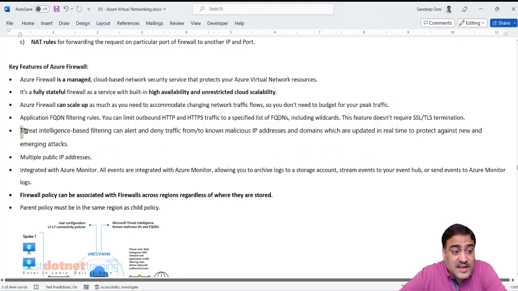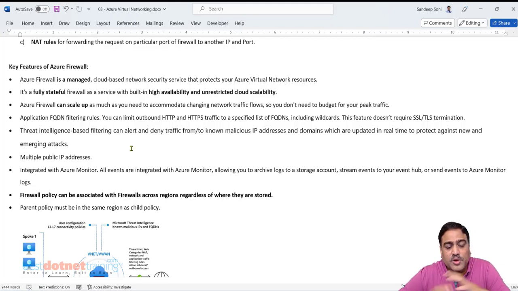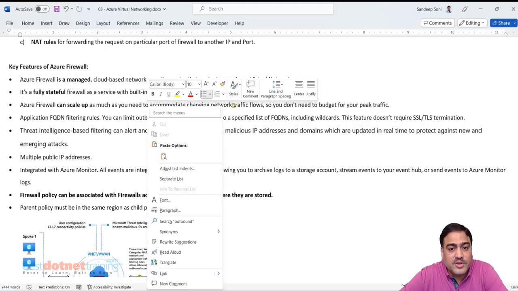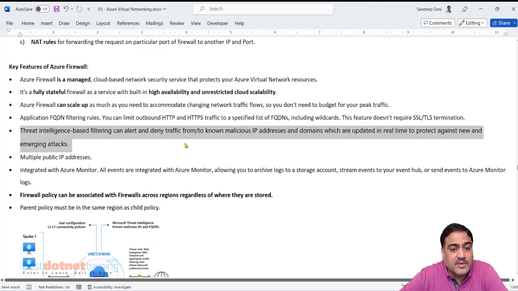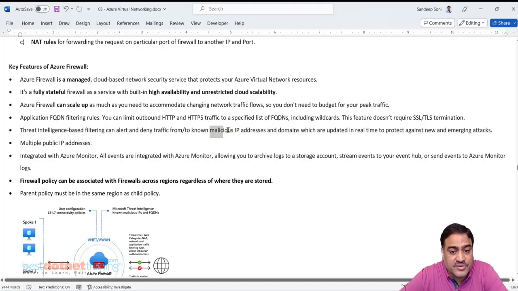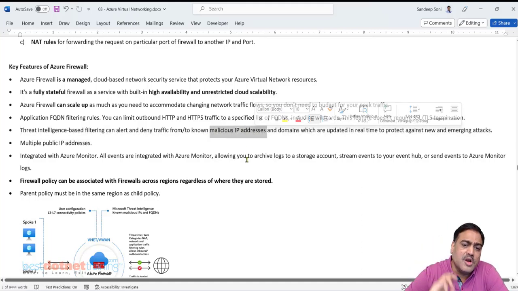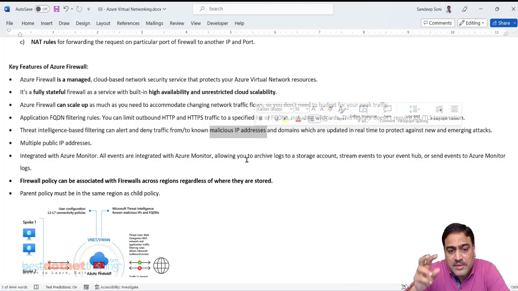You have threat intelligence based filtering. If there is some kind of access to your network, some kind of malicious IP address attack. See, what Microsoft is doing is, because they have this global presence and people are continuously using it, they are doing some kind of machine learning. And because of this machine learning, there are a lot of IP addresses which they will report as malicious. Suppose some IP address is continuously sending requests for login. They know it is a bot, and immediately they will mark that as a blacklisted IP address.